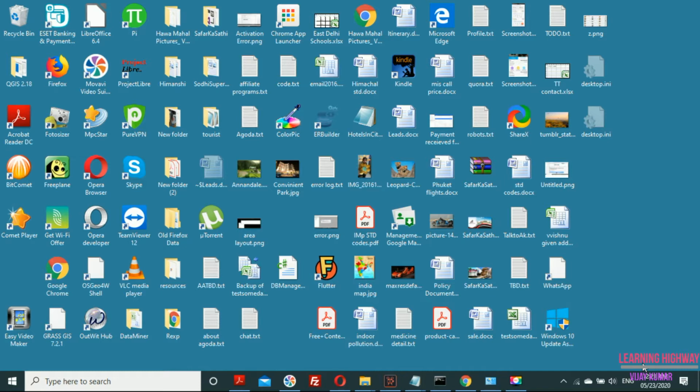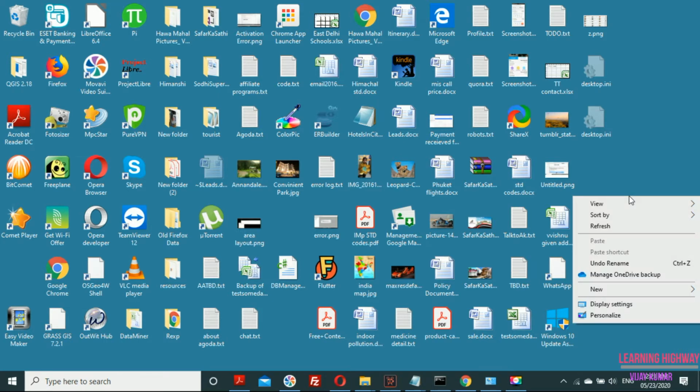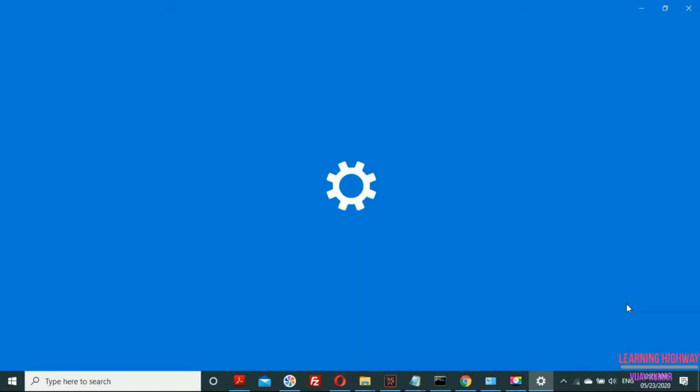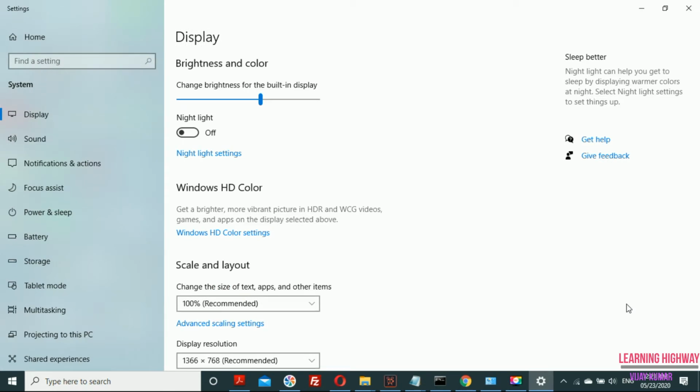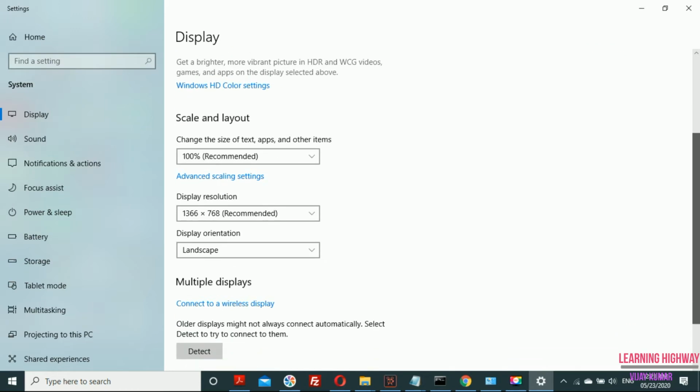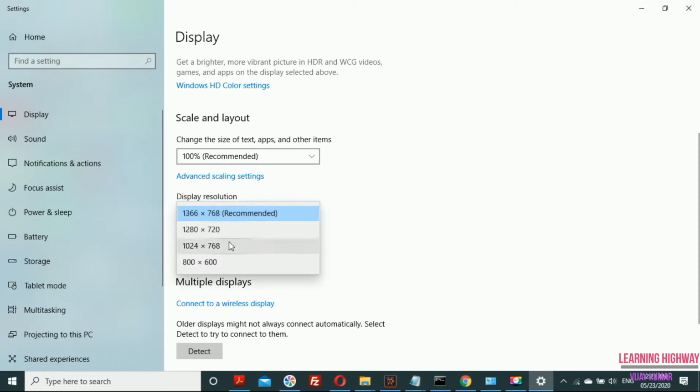So first I am going to tell you how you can manage your display resolution, and for this you have to right click on your desktop, and in settings you have to select the display settings option, and when you see the property window open you have to go to the display settings and its properties, where you can change your resolution. And you can see that there is a drop down which displays resolutions which are available to you, so you can change your display resolution from here.